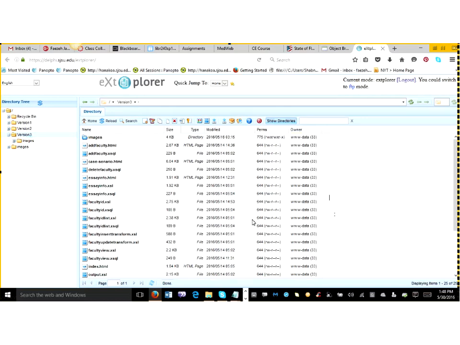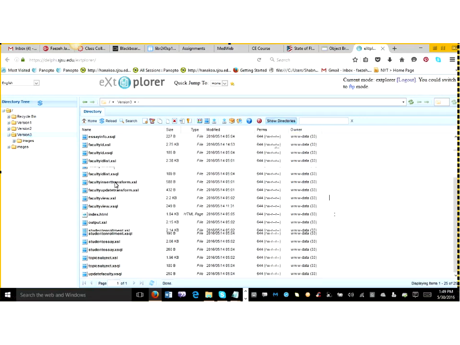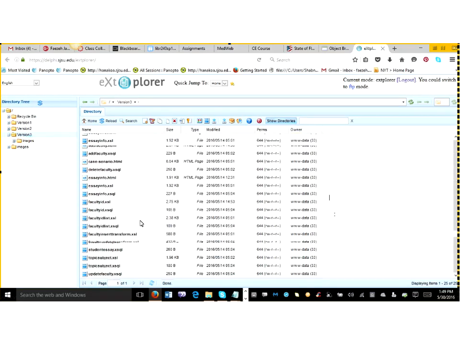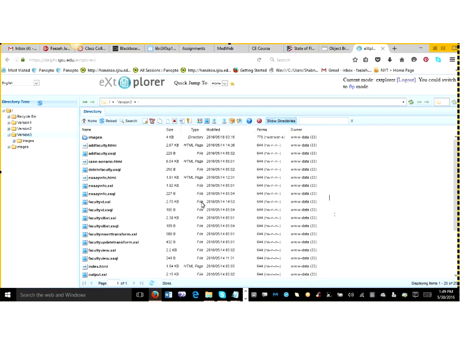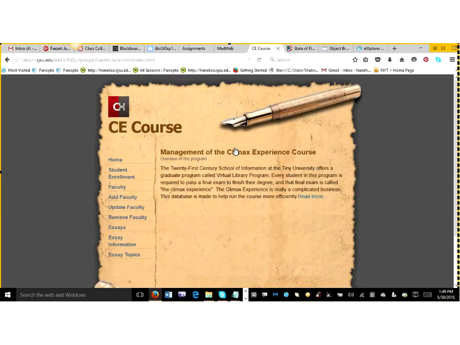This is called Explorer. These are all the files I have uploaded. Since I had to design a web interface, I made HTML pages as well. And the end result here is the CE course. Here we have our home page with the description of the management of the Climate Experience. And then on the left side navigational bar